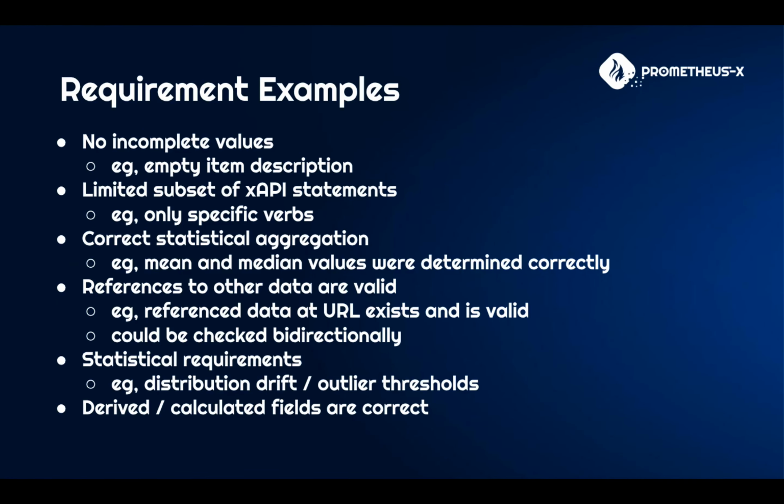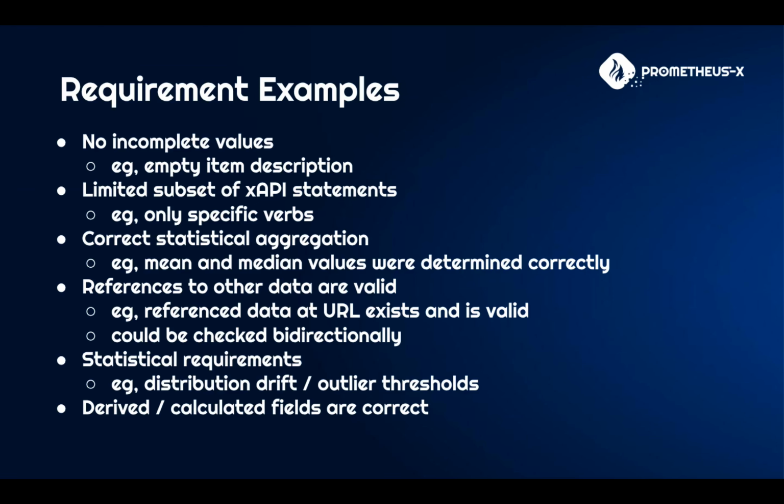DVA can be used to check a variety of requirements. To mention a few, DVA can validate JSON schemata, xAPI profiles, or simply the fact that an xAPI statement belongs to a subset of xAPI statements determined by their verbs. We can also check the correct results of statistical aggregations or more complex statistical requirements, such as that the distribution drift over time does not exceed a certain